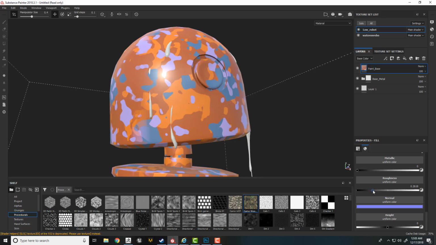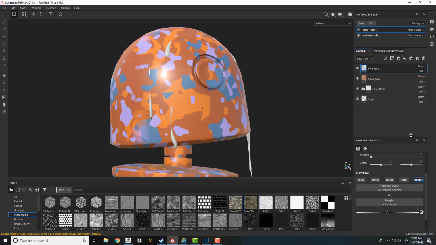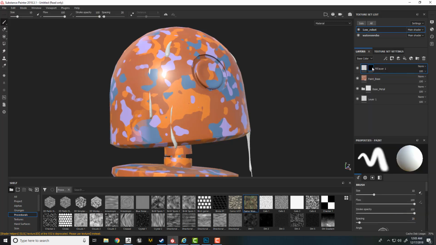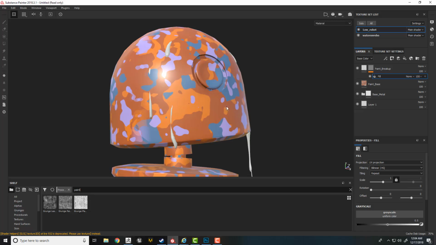So let's just go in and break this guy too. Let's create one more fill layer and disable everything, just not our height. Let's add a black mask, add a fill, and name it. So now under fill, we are going to add one more procedural. Let's go to procedural, type in paint. I'm going to pick grunge plaster paint, drag and drop this guy in, and we have a new mask